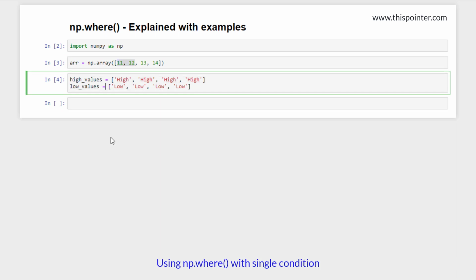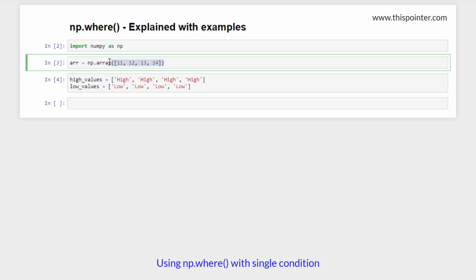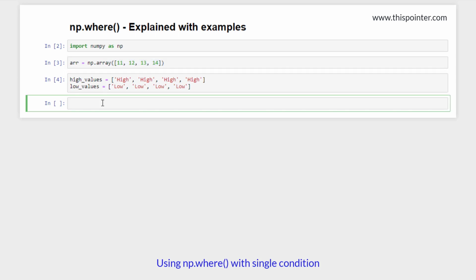Well, we can do this by creating a new empty array, iterating over the NumPy array, and by checking each value we can add high or low to the new array. But the NumPy module provides a function where that suits our requirement here. So what we will do is assign a variable new_arr equal to np.where. Now in the where function, as the first argument we will pass a condition expression.